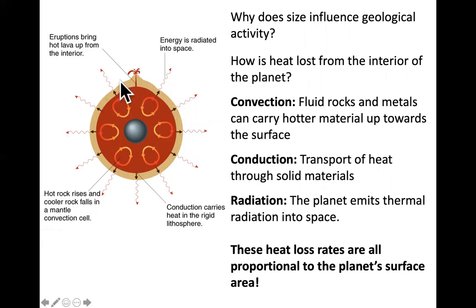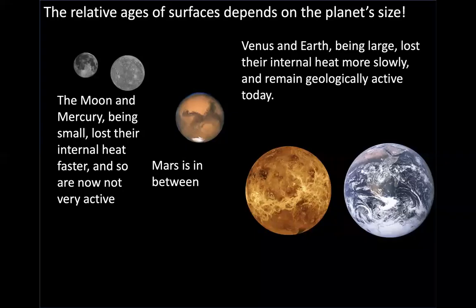But how efficiently all of these transport processes work depends on how much surface area the heat has to pass through. Now, this is important because if you make a planet bigger, you increase both its surface area and its mass, but you increase the mass faster than the surface area. So as we go from the moon to Venus and Earth,